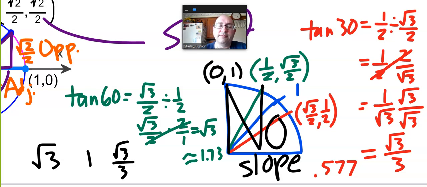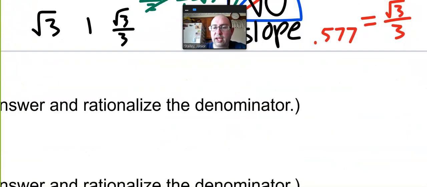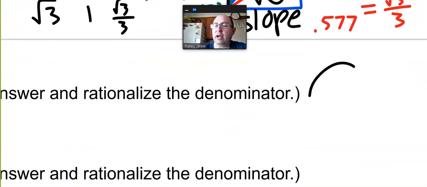It's undefined. I like to think about it like you're skiing down a mountain, okay? If you were skiing down a mountain and suddenly maybe you took a wrong turn and you went off a cliff, there's no slope underneath your feet. You are falling to your death, okay? Not a good thing. That's not the same as a slope that is 0, okay? Just to remind you,